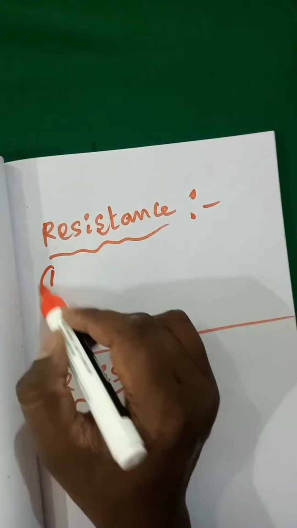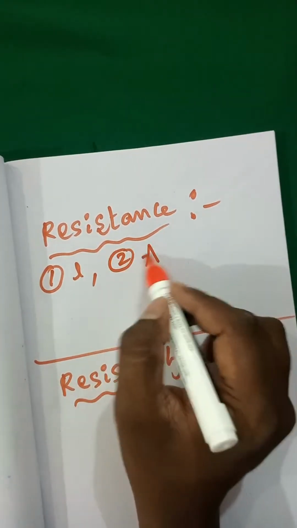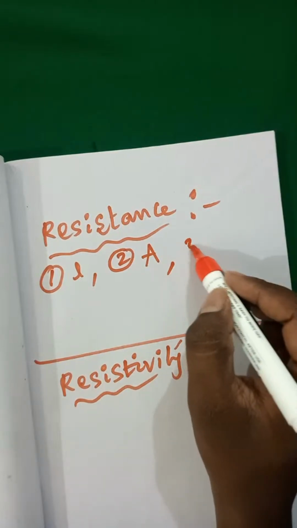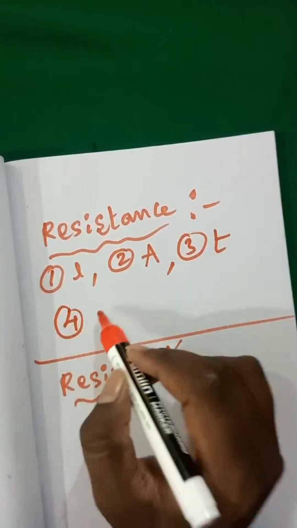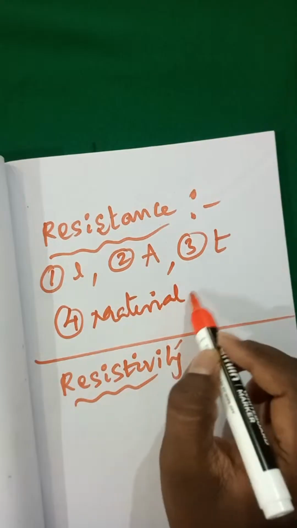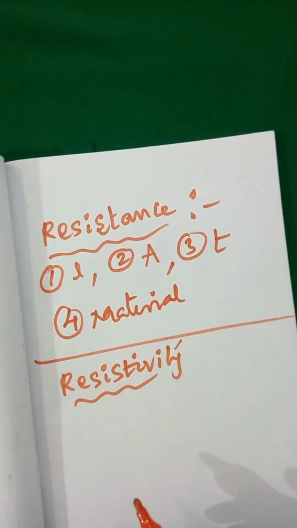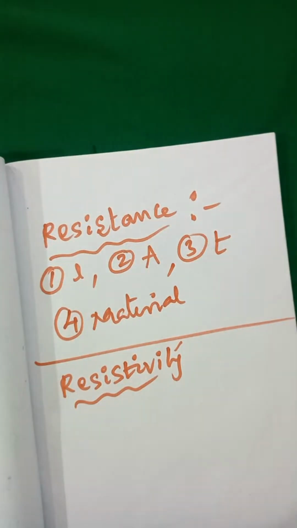Resistance depends on length. Second one, resistance depends on area. Resistance depends on temperature, and resistance depends on material. What are the material we are using for the conductor? So it depends on material also. Okay, so it depends on material. Whereas